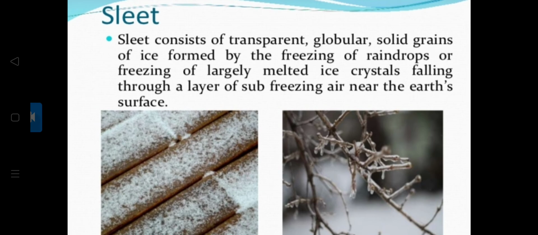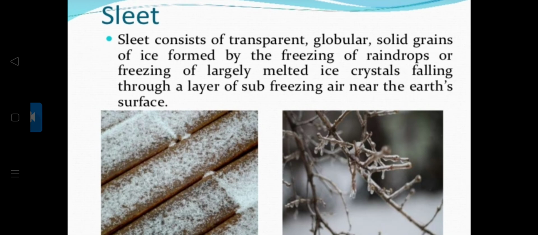Students, this gets us to the end of lesson 3. I have covered overall what the atmosphere is, what the characteristics of the atmosphere are, then the different layers or structures of the atmosphere, that is troposphere, stratosphere, mesosphere, ionosphere, exosphere.